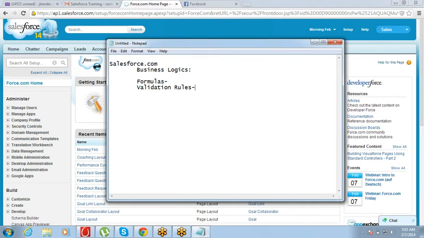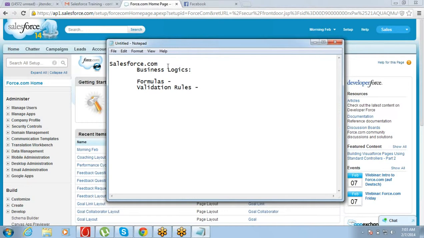Okay. So what is this formula thing? Formula is a field only. It's a field type where we can put some formula.